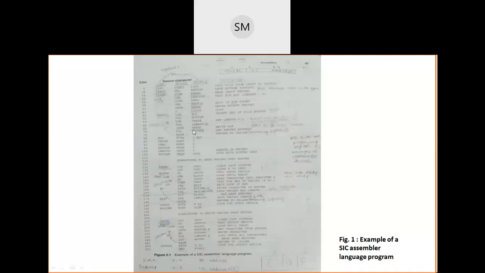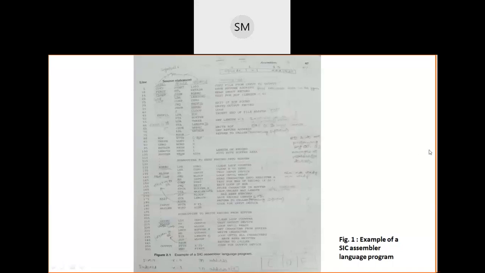Jump to subroutine, and which subroutine? Write record. In write record, again you will come here and once again execute 3 iterations, and you will load EOF one by one. In the first iteration you will write E, in the second iteration O, and in the third iteration F. So you will explicitly write EOF to your output device. Then the output device will also understand that the input device has stopped sending input to me.